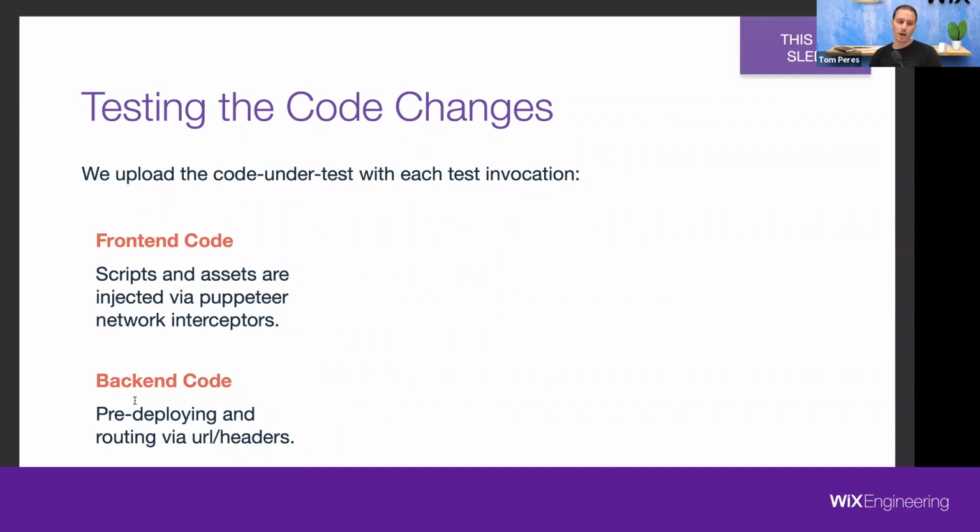In that case, we have a predefined setup in our CI, because we're very continuous delivery oriented. Before the test starts, usually on CI, but you can sometimes do it locally as well, you pre-deploy whatever you want. Let's say you have an RC version of your code, and you deploy it, and you get a hash or some kind of identifier, and we pass it when we invoke the Lambda as part of the test configuration,